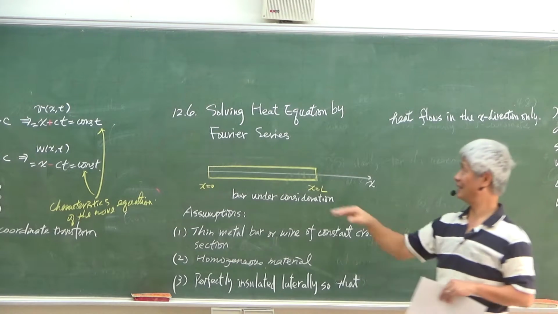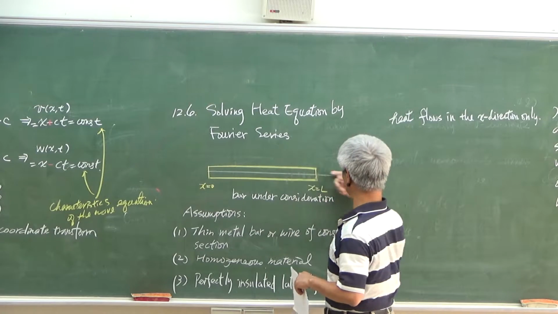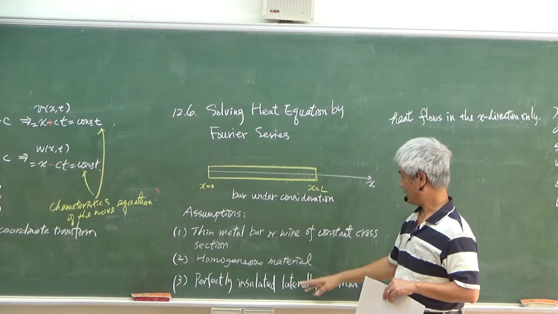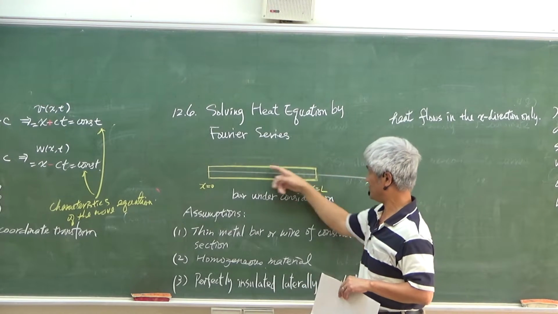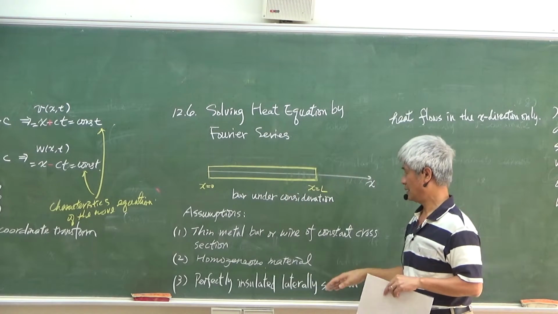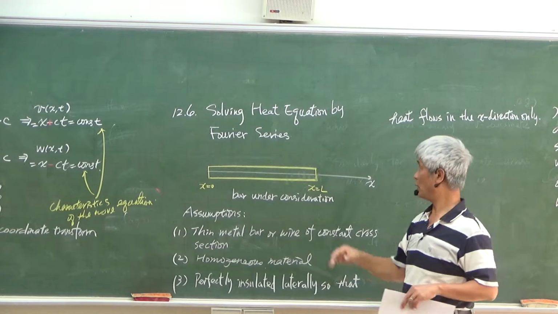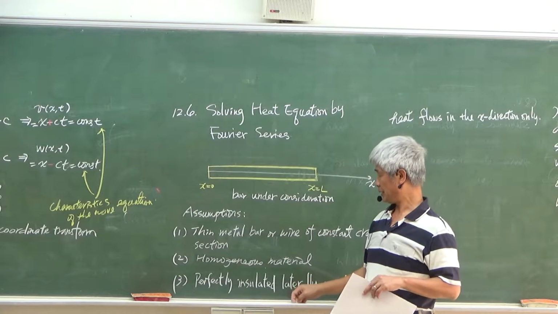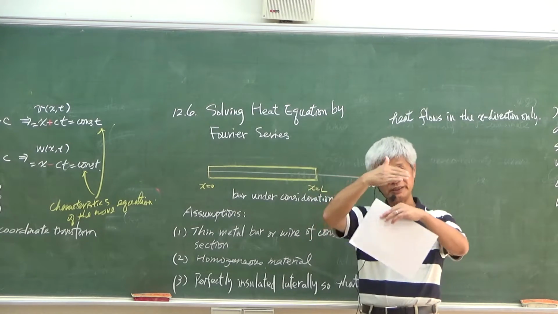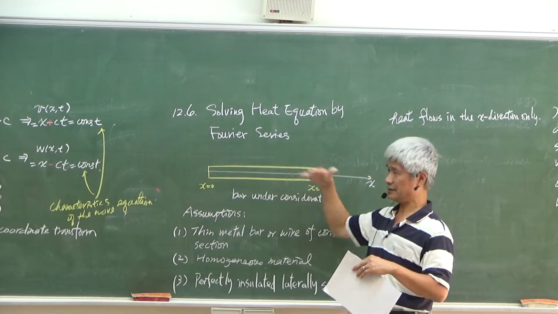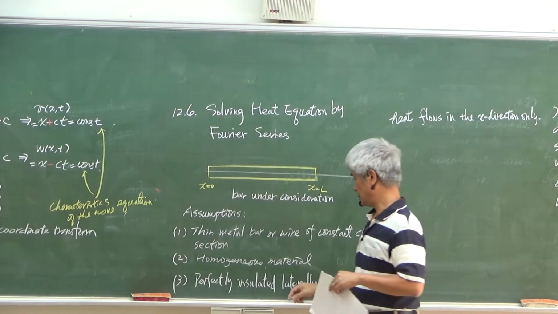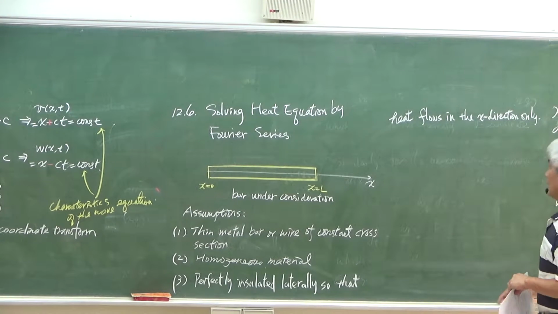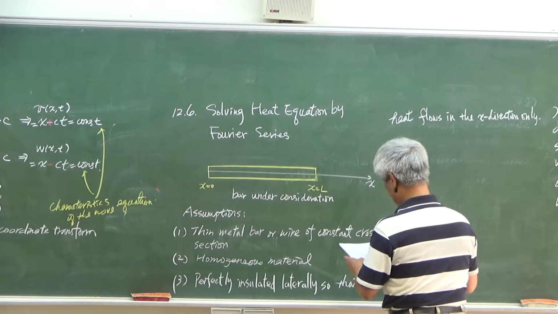So the heat can only flow along the x direction, because we assume that laterally this bar has perfect insulation. For example, think about that you can have some material, and this material is very good to share the heat flow. Okay. So with these assumptions,